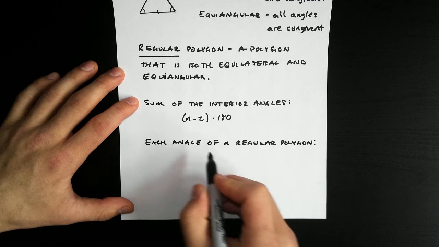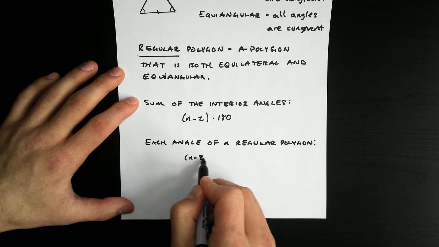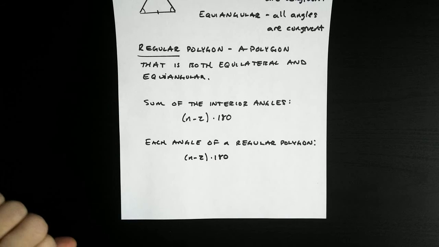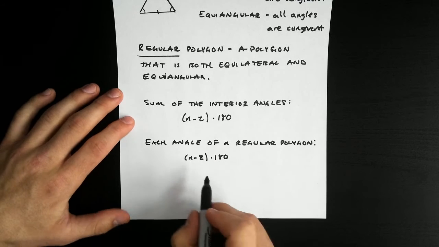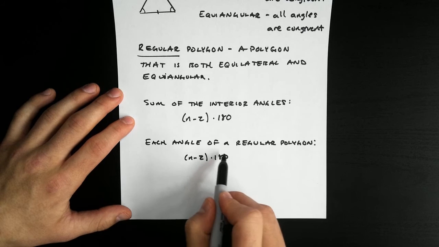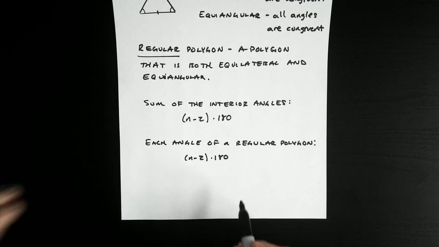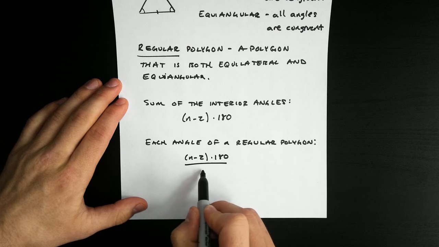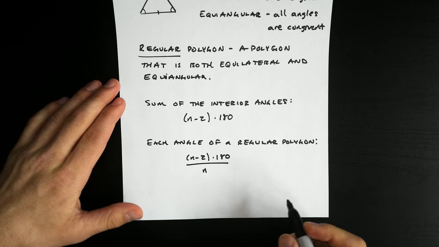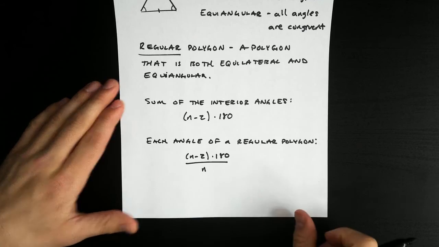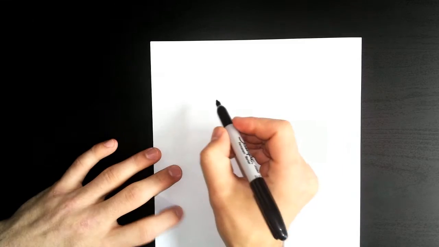So if n represents the number of sides, n also represents the number of angles. So if n minus 2 times 180 gives me the total sum for all of the angles in that polygon, if I take that sum, divide it by how many angles we have, that gives me the measure of each angle. So for example, let's think about